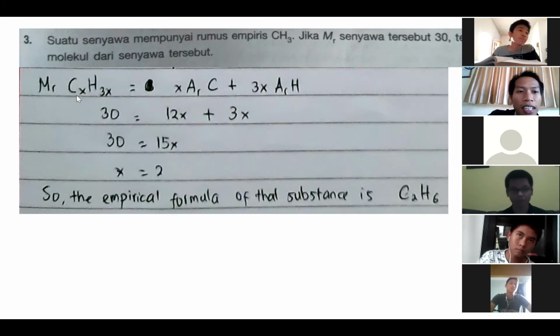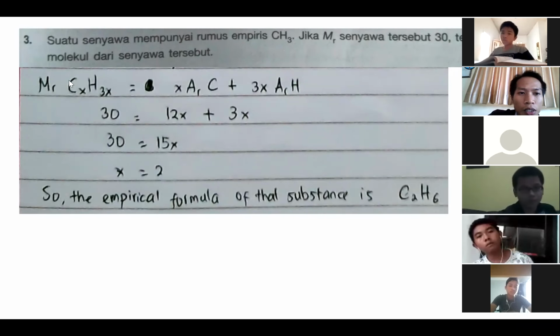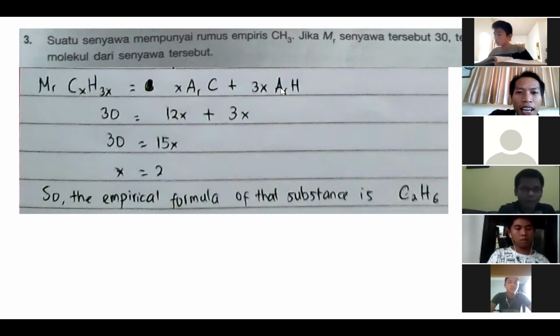Then I will get the formula CxH3x. And when I calculate the relative molecular mass for CxH3x, what will I get? x times the relative atomic mass of carbon